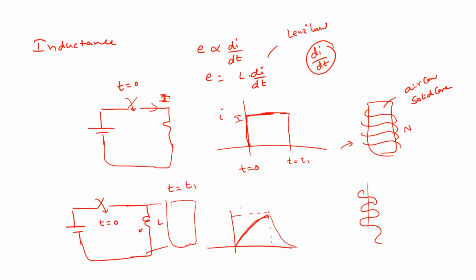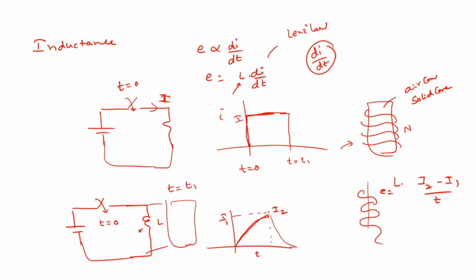For example, this is I1 here and this is I2 here, and the time taken is t. So that means L into (I2 minus I1) by t is equal to E. EMF E equals L into the rate of change of current, that is I2 minus I1 divided by the time it takes, t. That is how you define the EMF induced due to the rate of change of current in the coil. Here the proportionality constant is inductance.